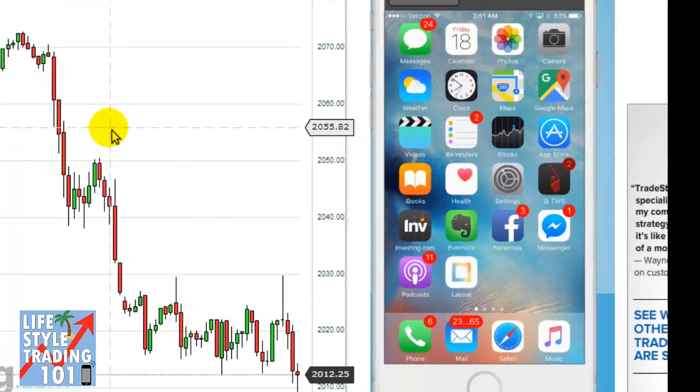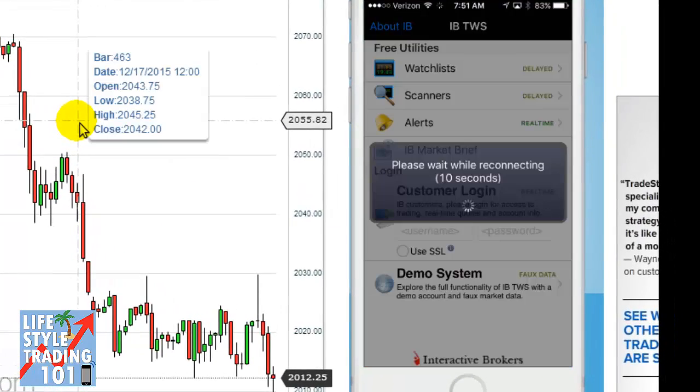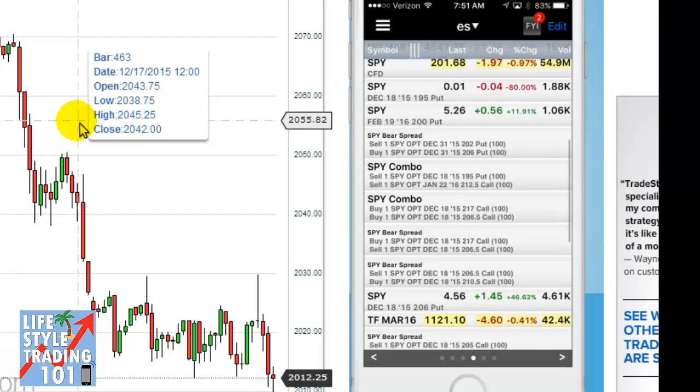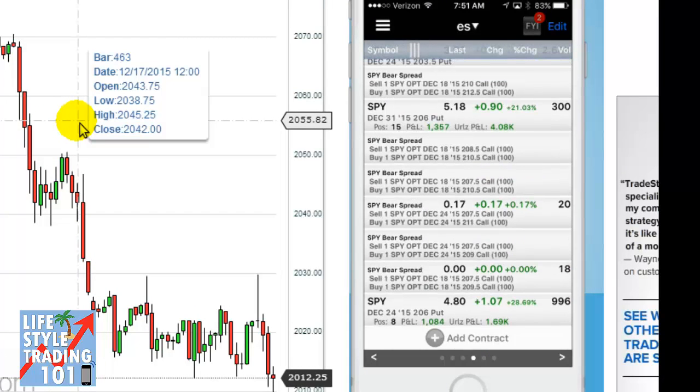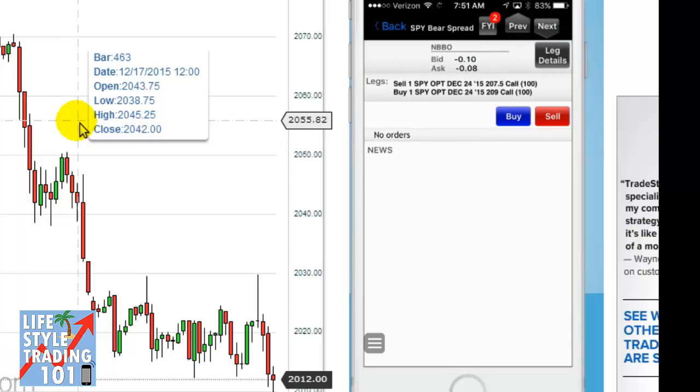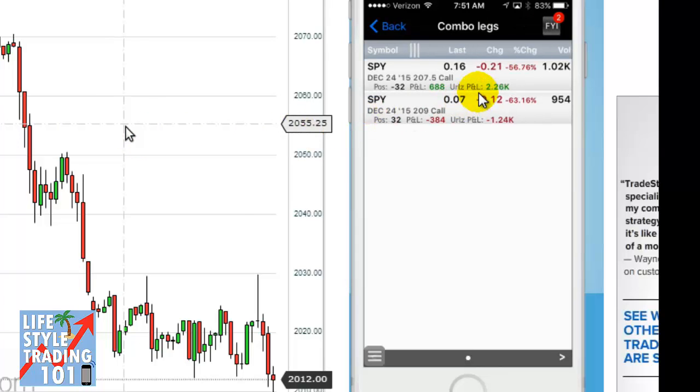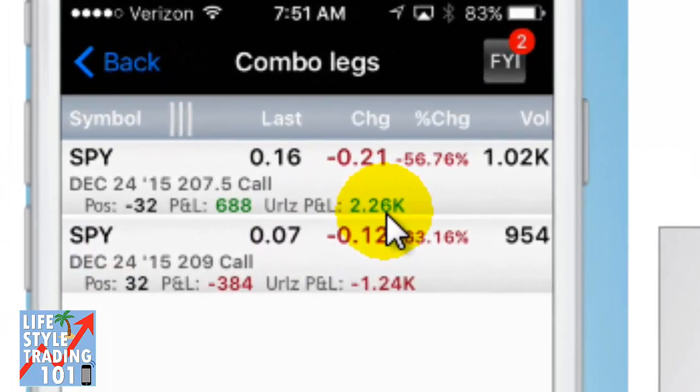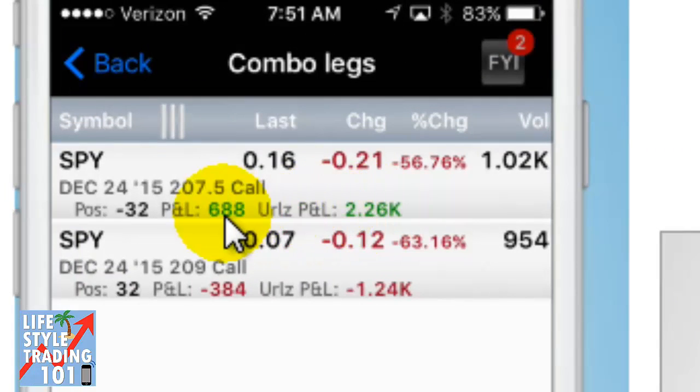So let me just show you real quick on my phone right here. I'm going to log in here, and basically the one that I showed you was the 207.5 call, December 24th. So I'm going to click into that one. That's this guy, and if I click leg details, as you can see here, there's 2.26 in profits from the short call, and then the long call was down 1.24. So that spread difference is basically